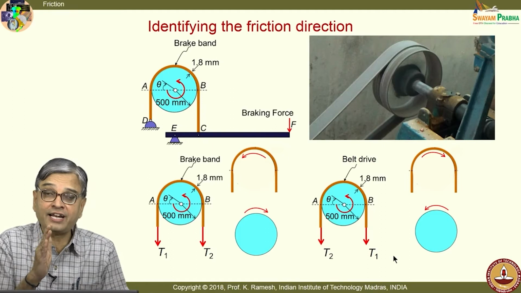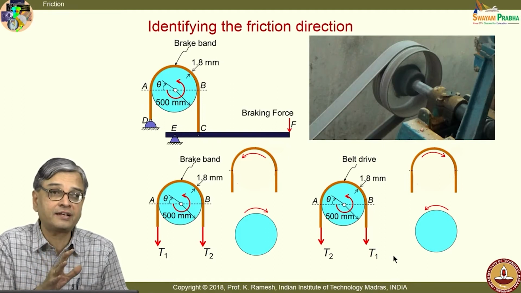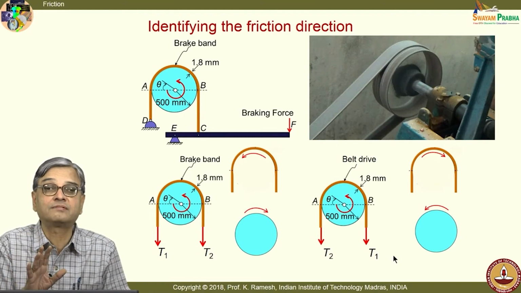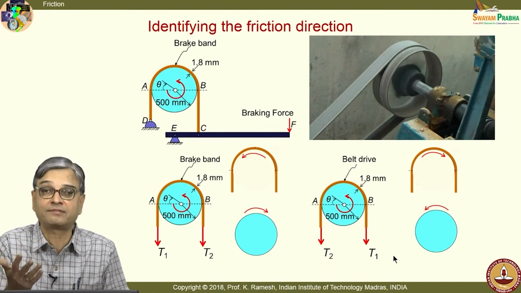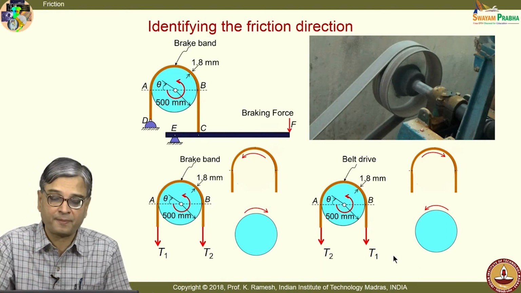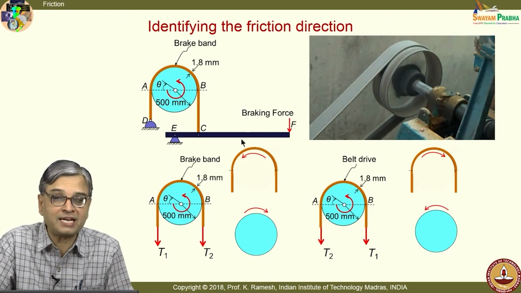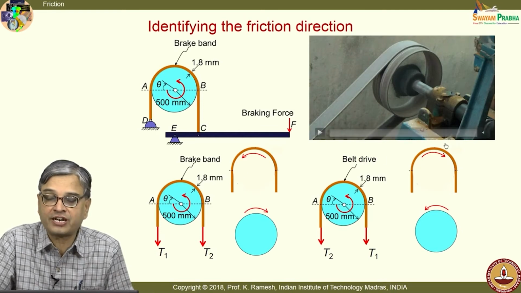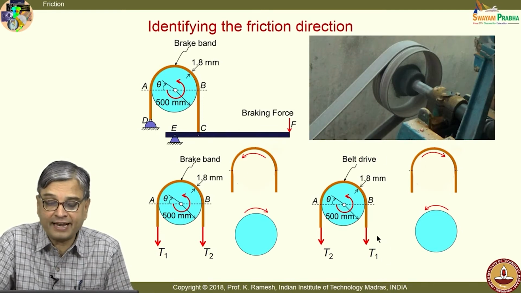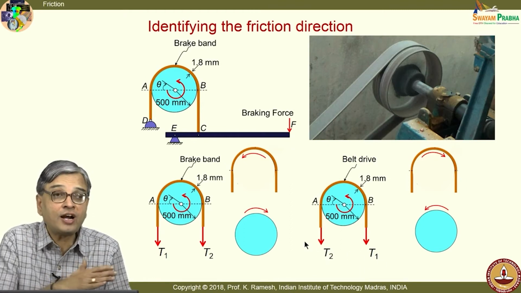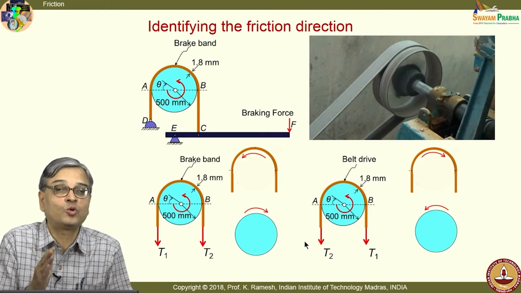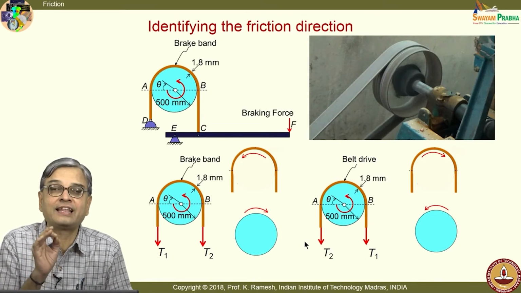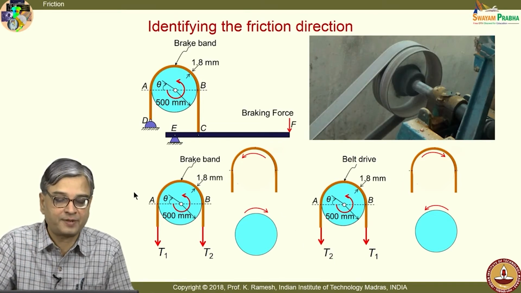So, you need to identify, am I analyzing a brake, a driven pulley or a driving pulley? Think about how you will analyze a driving pulley, take that as an exercise. In all problems dealing with belt friction, you have to be very careful in identifying the friction direction as well as labeling T1 and T2. You cannot apply the formula blindly. You have to physically assess the problem situation, label them correctly and then only use the expression.